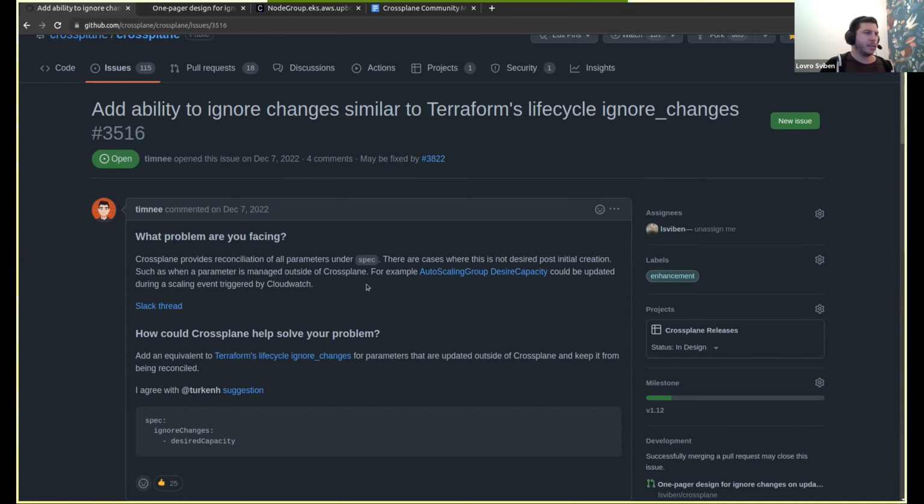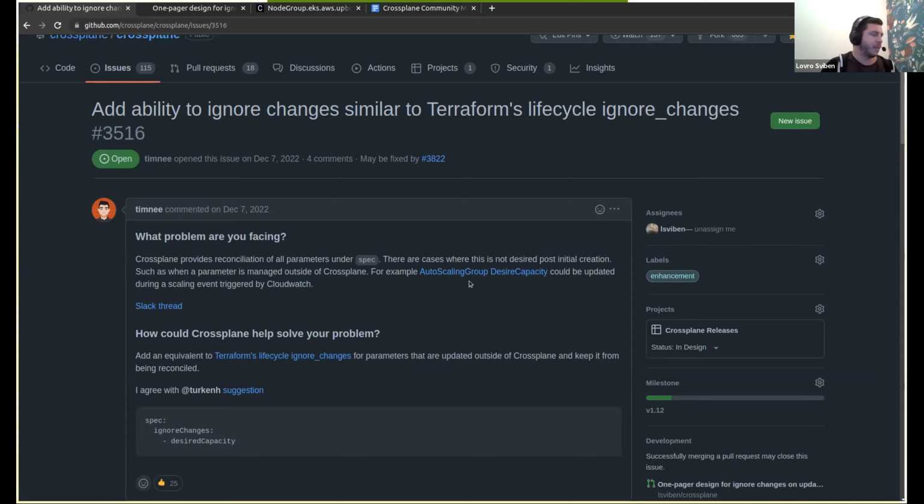For example, in an auto scaling group, the desired capacity was being set by Crossplane in the forProvider spec, but because it was autoscaling, the desired capacity was being changed externally by the autoscaler. That caused ups and downs, because Crossplane was constantly fighting with the autoscaler, trying to set its value for desired